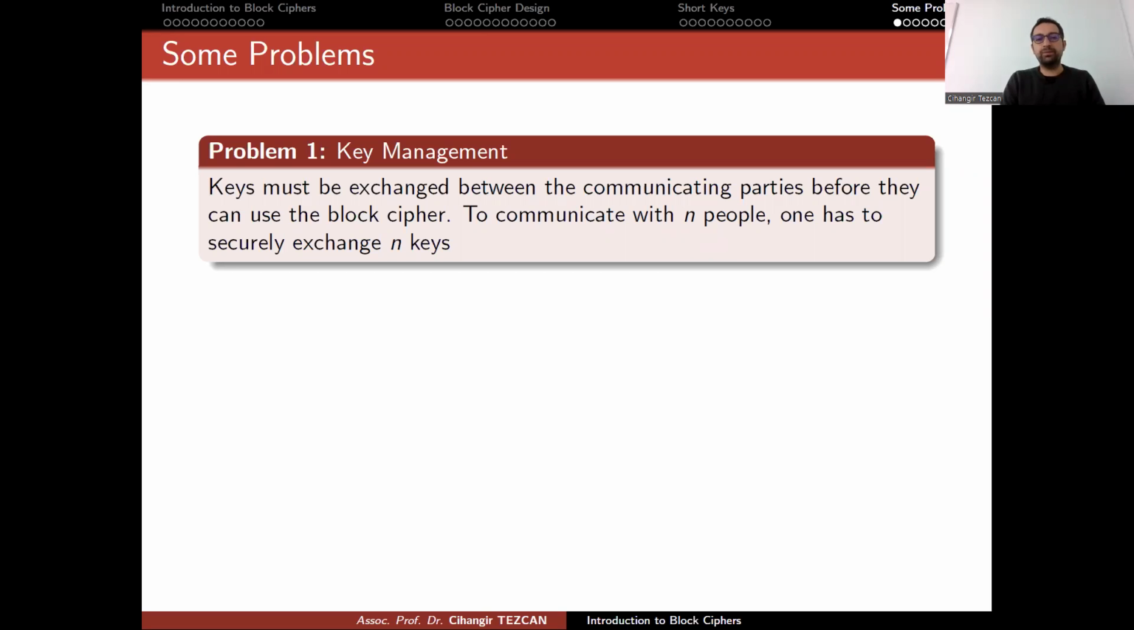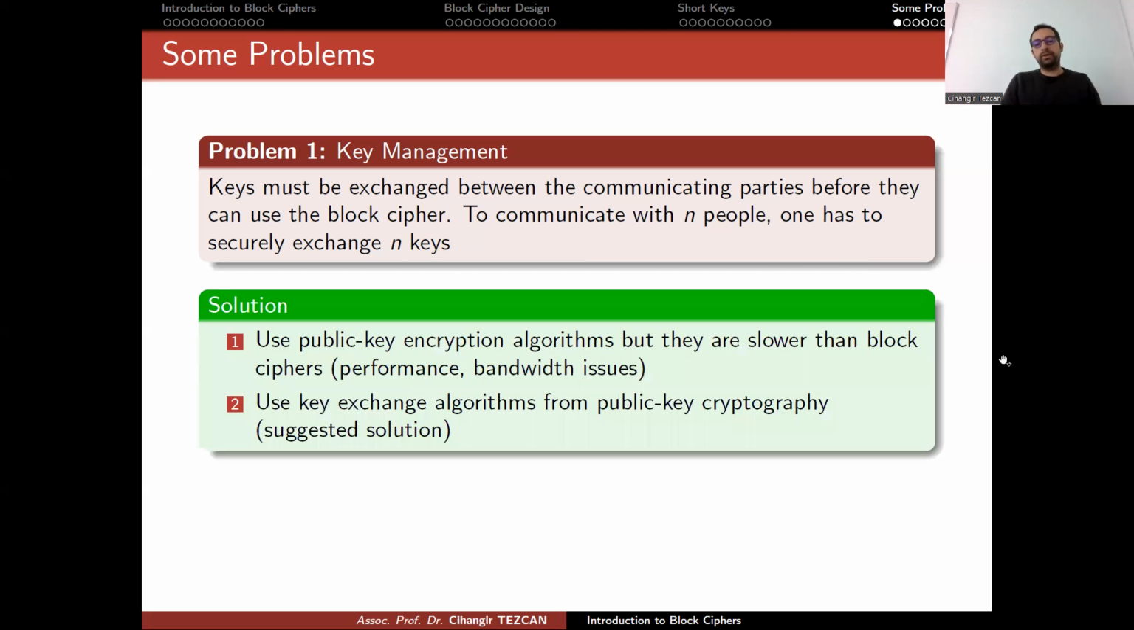One problem is key management. Keys must be exchanged between the communicating parties before they can use the block cipher. To communicate with M people, one has to securely exchange N keys, which becomes impossible at some point if N increases. So some of the solutions we use for this use public key encryption algorithms instead of block ciphers, but